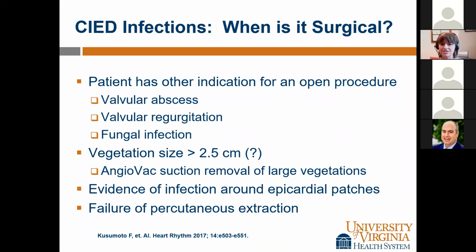So when are device infections surgical? Well, the obvious answer there is when the patient has another indication for an open procedure. So if your patient has a valvular abscess, valvular regurgitation that needs to be dealt with acutely, or a fungal infection, which is likely to be surgical, it might be reasonable to have the surgeons take the device out